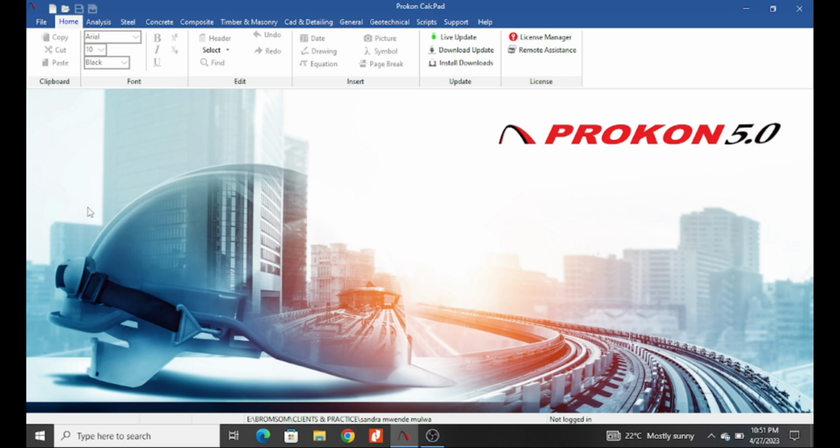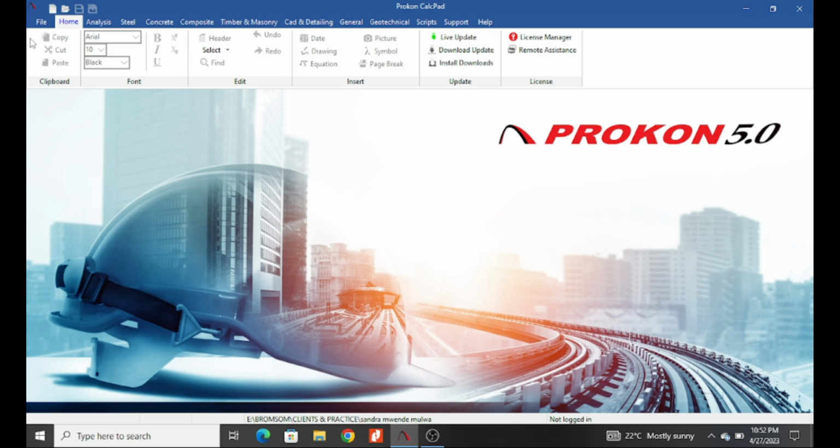Now, the first thing you interact with when you open Procon is this interface, and it has a very nice wallpaper over here. Then we're going to start looking at what is found in file. But before we do that, if you have issues with your license or you have not been able to activate your software, you can use these two, update and license, to carry out the works, and kindly ensure you have the original version so that we also promote the developers. Also, using pirated softwares is not good.